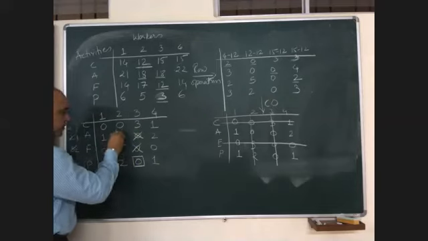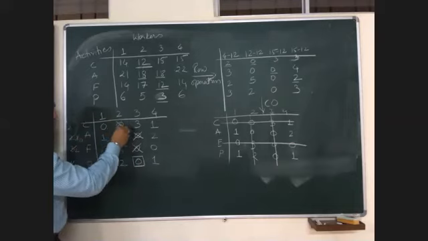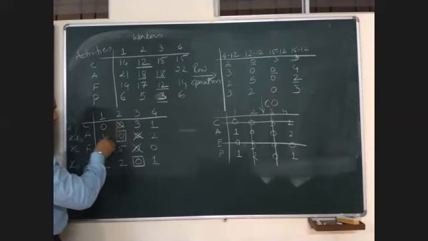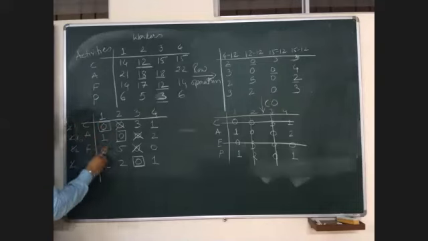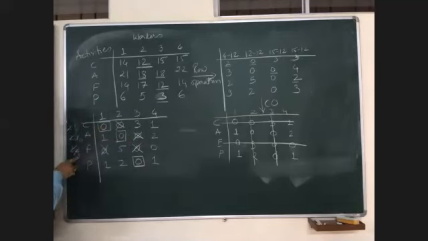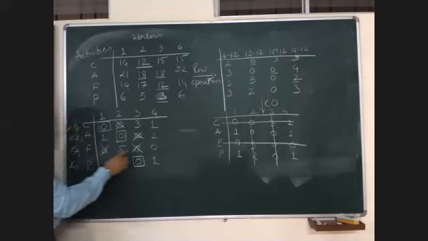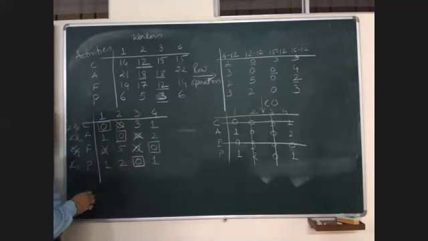I'll assign here. The moment I assign here, cut all the zeros in the same column and in the same row. The moment I cut this, I am left with 1. It means this is 1, this is 2. So I'll assign here, and in the same column, in the same row, cut all the zeros. I am left with 1, I'll assign this. My assignment is complete. Check.